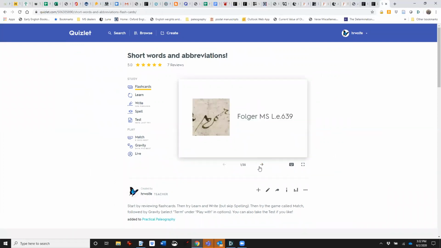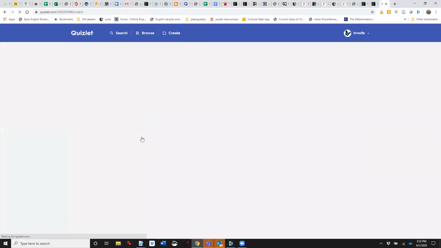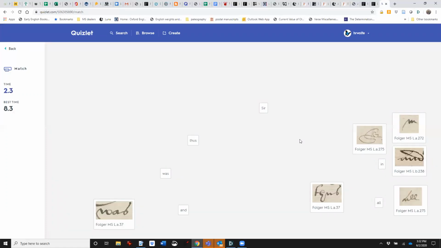These are flashcards, which you can flip over and see. And then there are games that you can play and ways that you can test yourself on these words. So for example, once you've mastered them in the flashcards and the other stages, you can try and match words together.